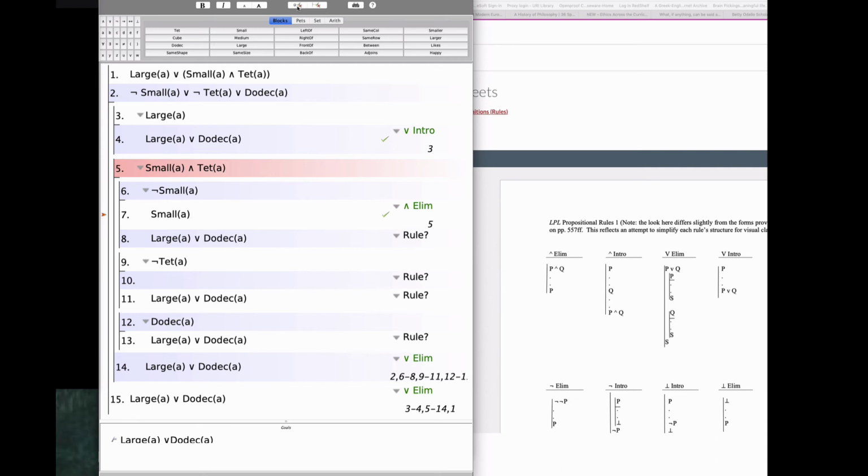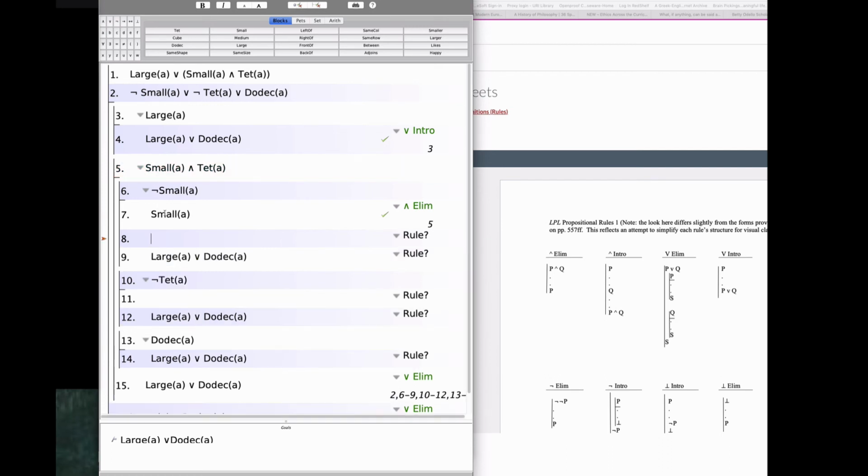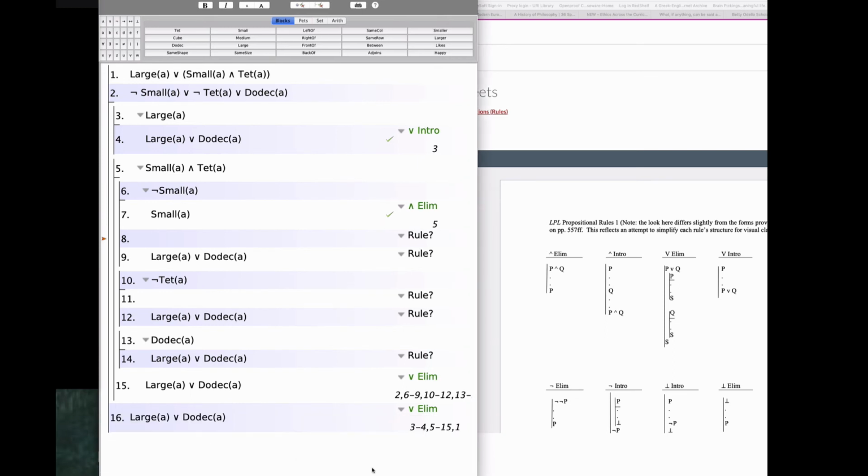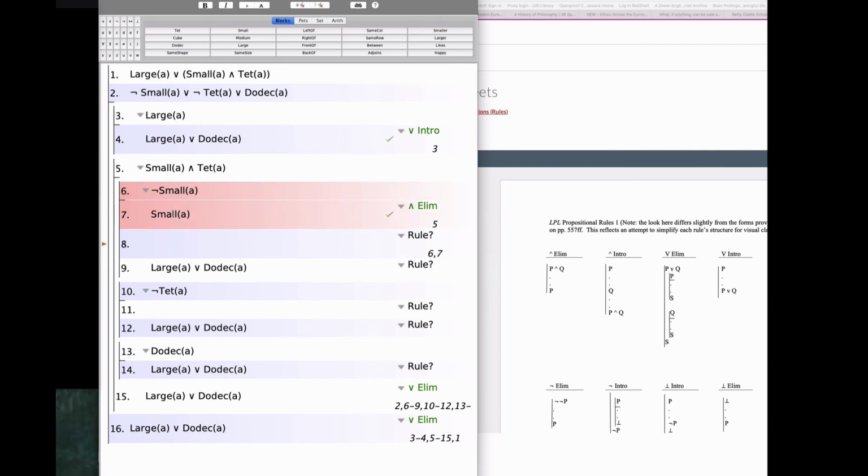So are you guys okay with the move from 5 to 7? And then please tell me what to do at line 8. Why did we insert a line at line 8? Because you're contradicting them. Good. Right, so once we realize that,